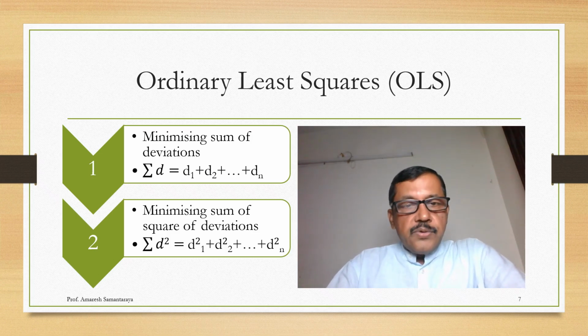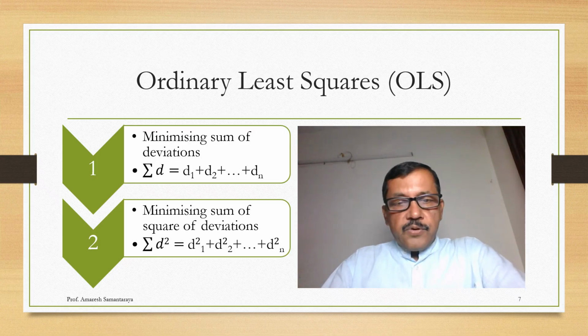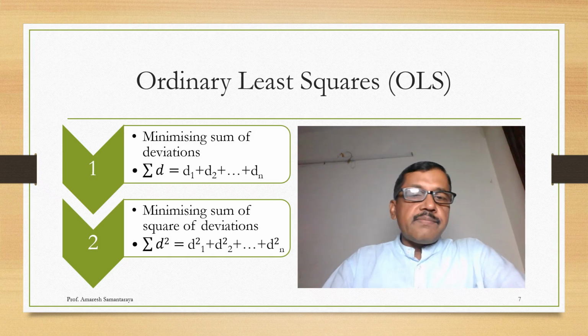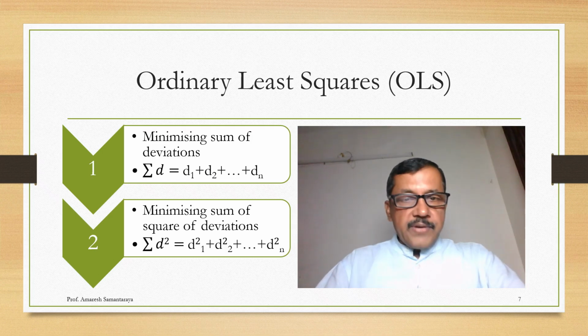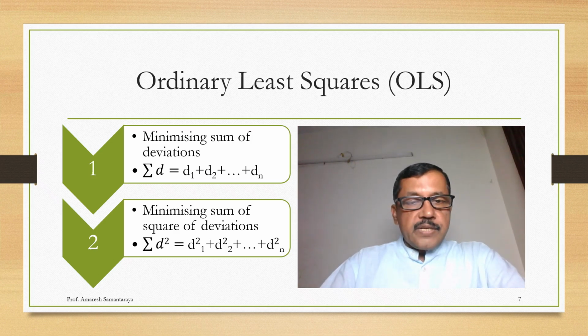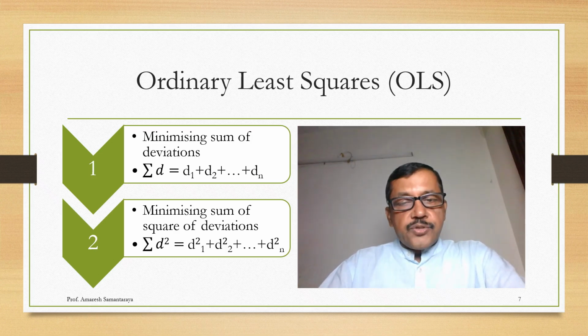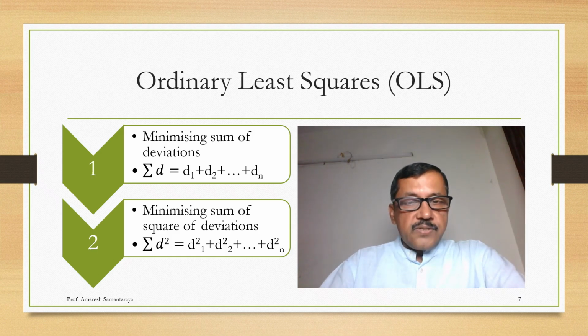So what I'm trying to tell you, one criterion is counting distance 1, distance 2, which I'm representing as d1, d2 up to dn for n points, and take a sum which I'm denoting as summation d, and calculate this for different lines and find which one is minimum. But compared to that, a better strategy will be to take the square of such deviations, like d1 square, d2 square, d3 square up to dn square, and take the sum of squares of these deviations, which I'm calling least squares or